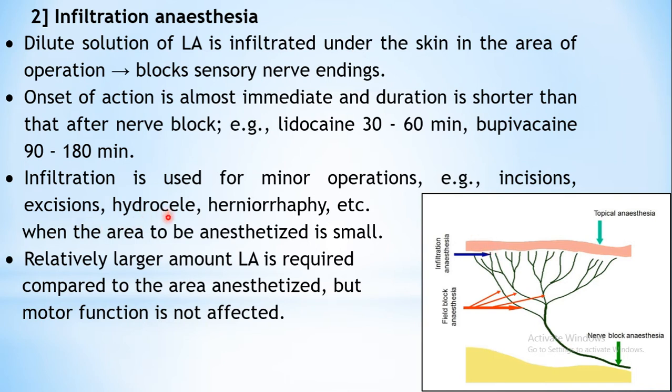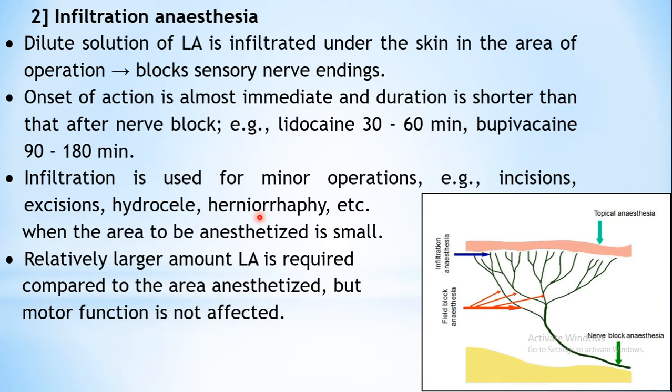Or say hydrocele, meaning accumulation of fluid in the scrotum, around the testis, fluid may get accumulated, so maybe for the removal of that. It's again a minor procedure wherein only that anesthesia is given to the scrotum. Then herniorrhaphy, that is correction of the hernia. Hernia means there is misplacement of certain internal viscera, maybe bulging out of the organs. Commonly this occurs with your intestines, which may bulge out of the wall which is protecting them or holding them in place.